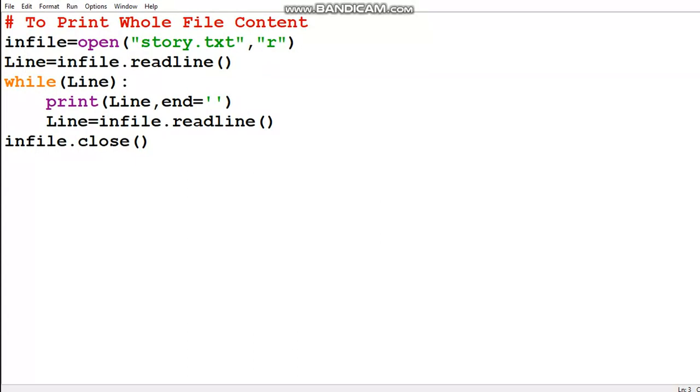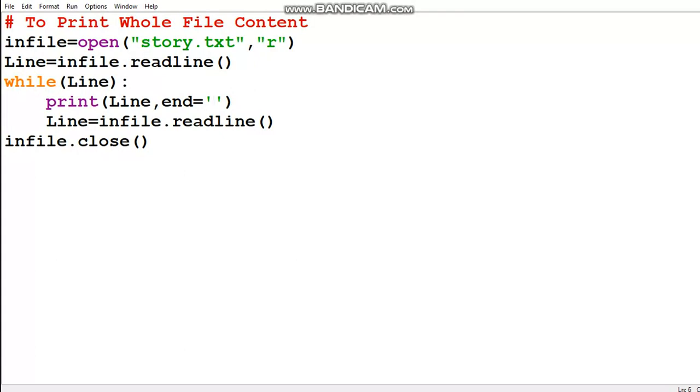We have also seen that line will contain string type of data, and we are using a while loop over here. This loop will keep running as long as there is content in the line variable. Firstly we have the first line in the line variable, and then we print that line, with the separator as end, so we are not ending the line, meaning data will be printed in the same line.